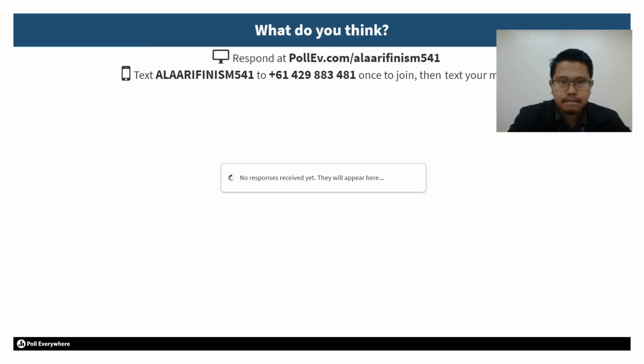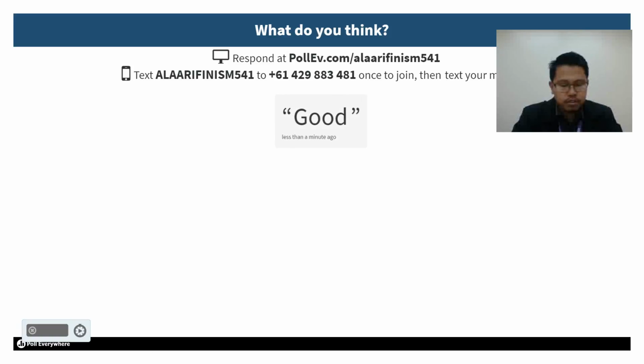The student will go to the Poll Everywhere app. Make sure that you are connected with the internet, with your Wi-Fi or on your data. For example, when students want to respond to you, the response will automatically appear in your slideshow. Interesting. Okay, another